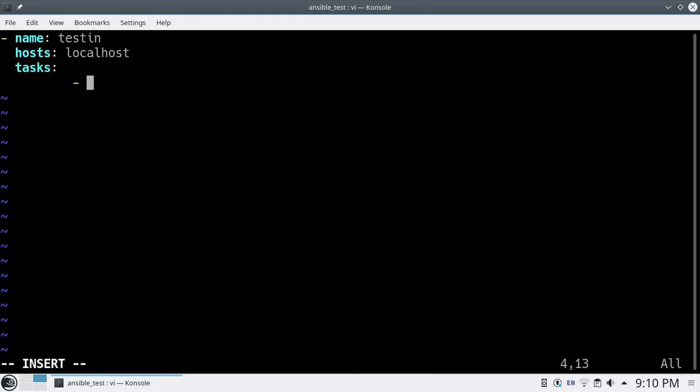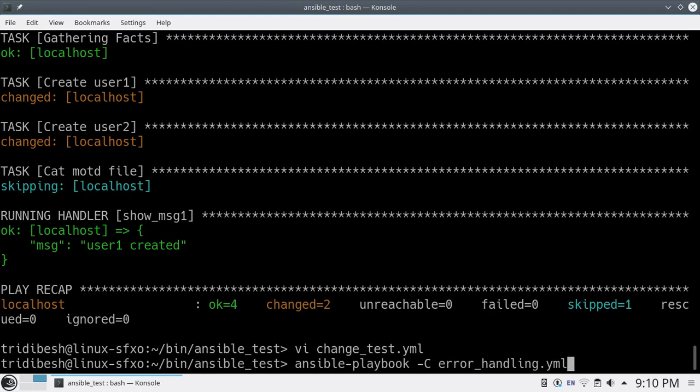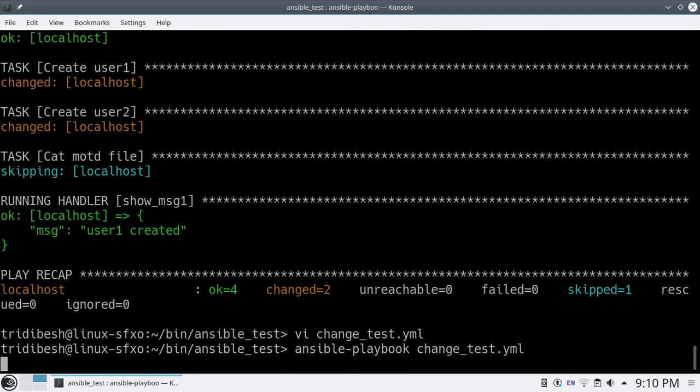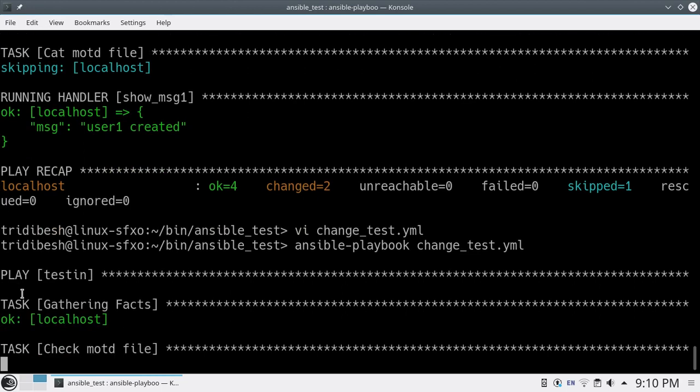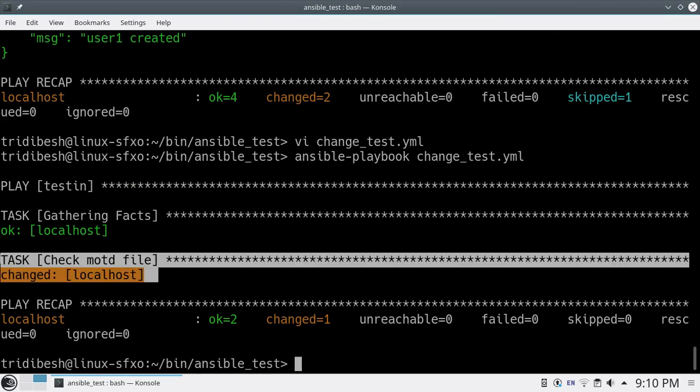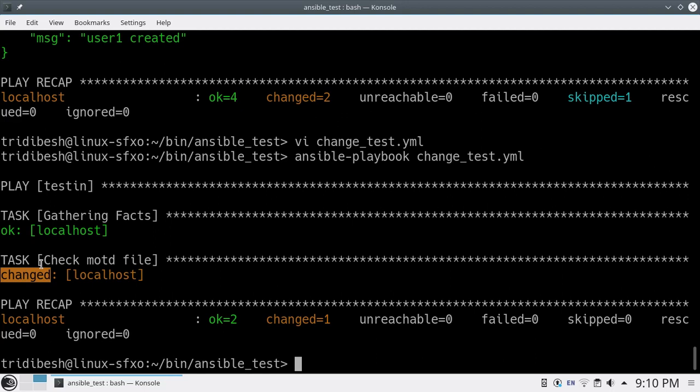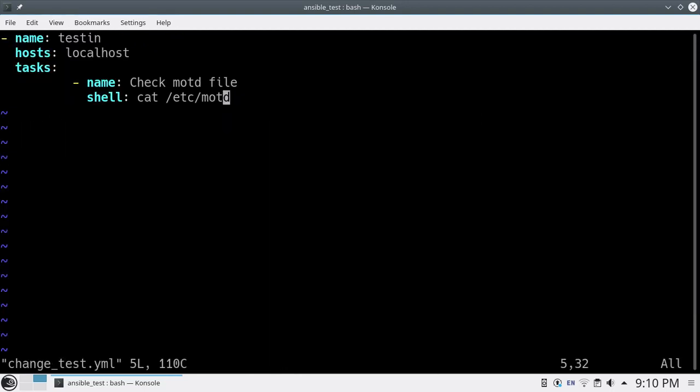I'll put name: check motd file, with the shell module, and I'll do cat /etc/motd. Change test. So you should see it will say changed. You can see the motd file, it is only reading but it's still saying changed. Now how can you change it to not say changed?